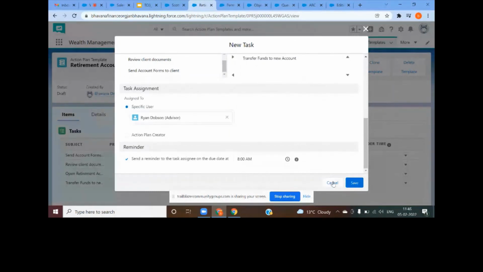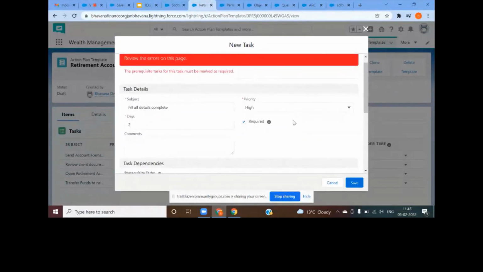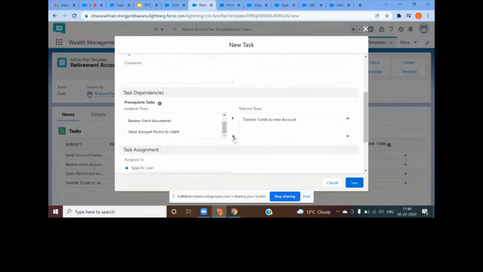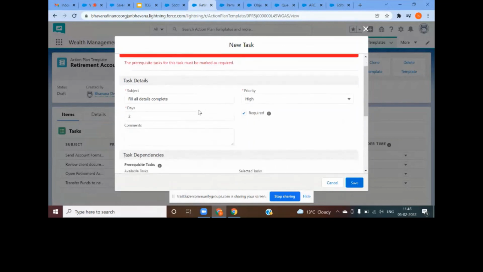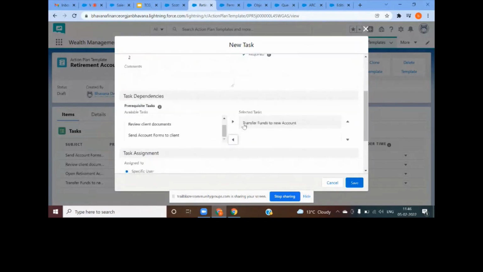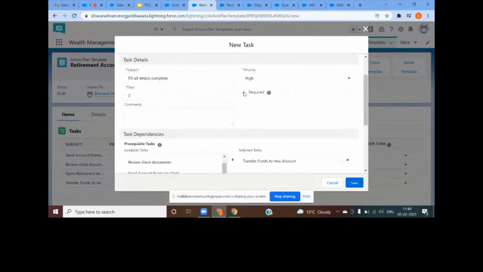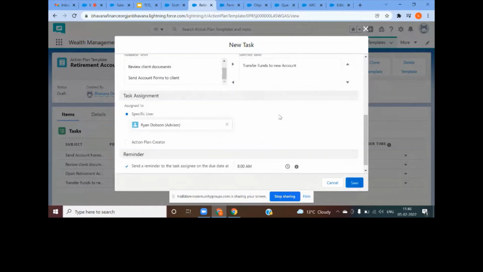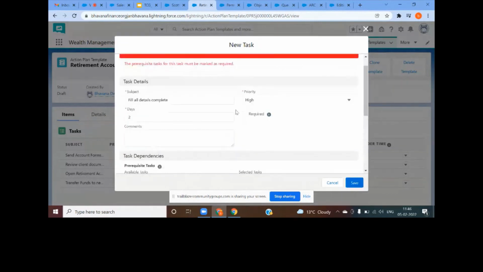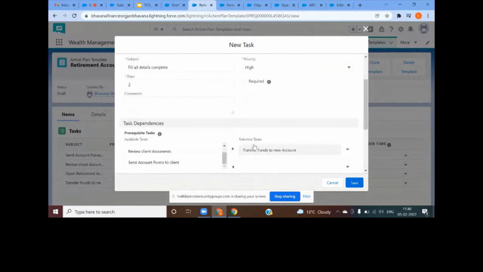It's not saving. Okay, the prerequisite task for this must be marked as required. I'm just disabling it. So I've created this task